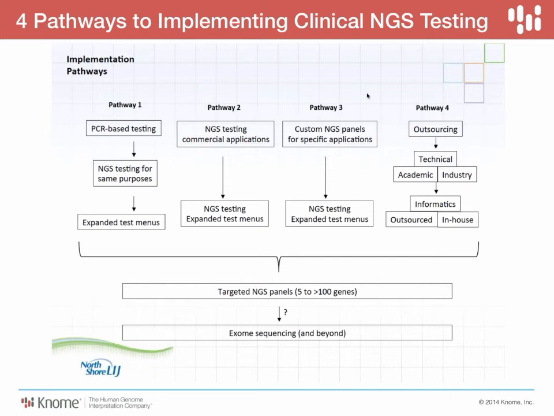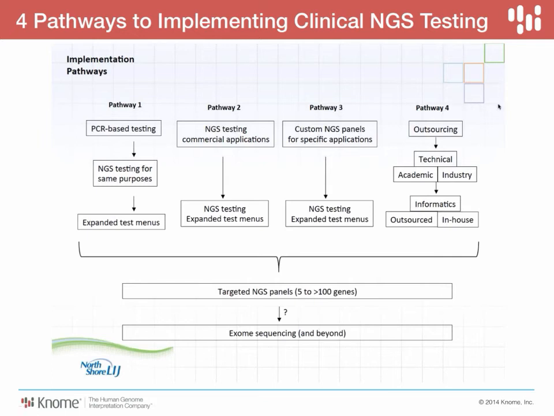Pathway 3 is a little bit more aggressive, or perhaps actually more current, and that is there are a lot of labs that are just getting started, brand new labs, or labs that are going from other testing paradigms altogether and moving into sequencing. And they're acquiring these now much more affordable NGS systems, and they're building custom panels. Typically, these are driven by the requests coming out of the clinicians at their hospitals, the kinds of tests that they would be looking for. And so they're going to build these panels straight out, kind of like I was doing and showing how you could do with building up an epileptic encephalopathies panel.